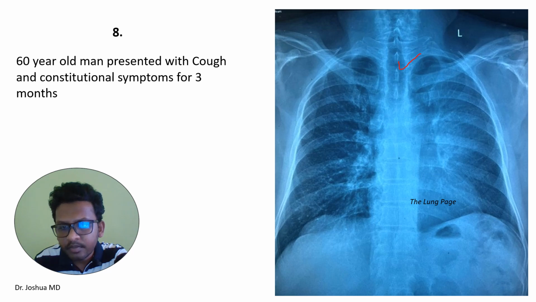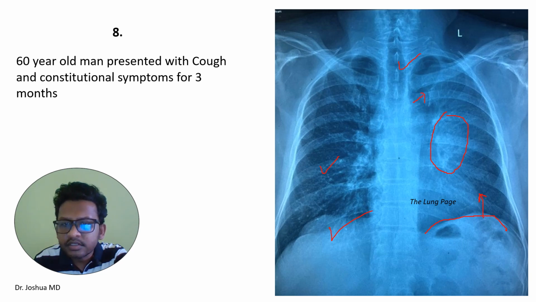The diaphragm is normal, the left diaphragm is a little bit tented, and there's no effusion. The right lung field is normal, and on the left side there is a little bit of haziness and a little bit of prominent area. And you can see very clearly here,